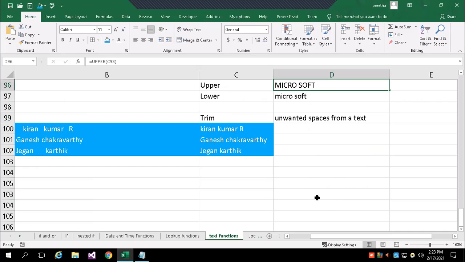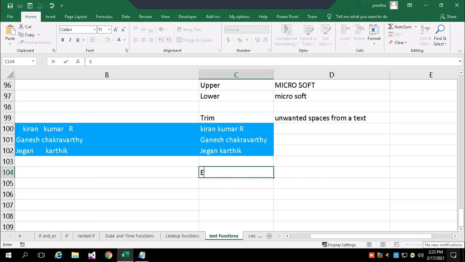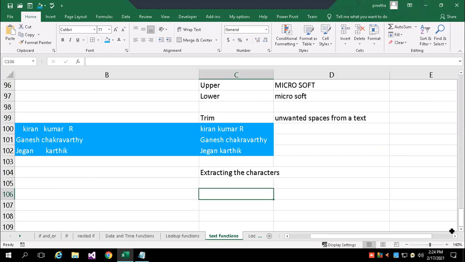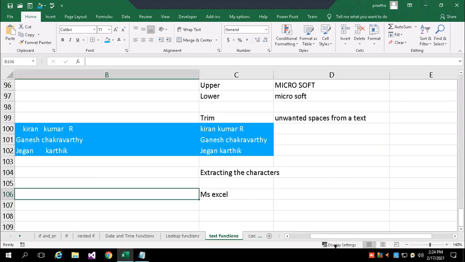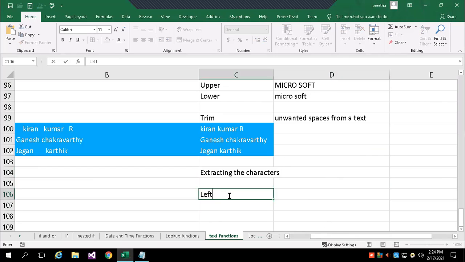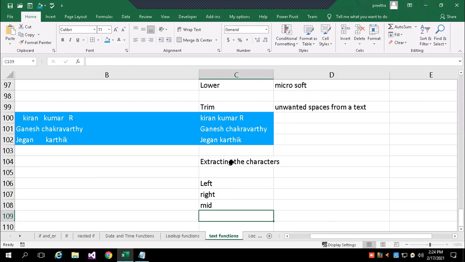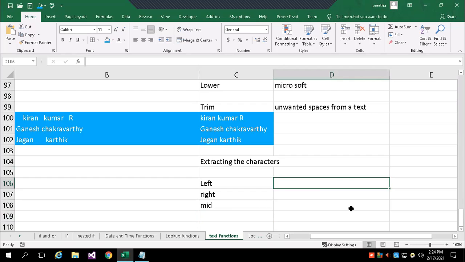Okay. Next I'm going to show you extracting characters. The function names are LEFT, then RIGHT, then MID. There are three functions for extracting a specific part of the text.